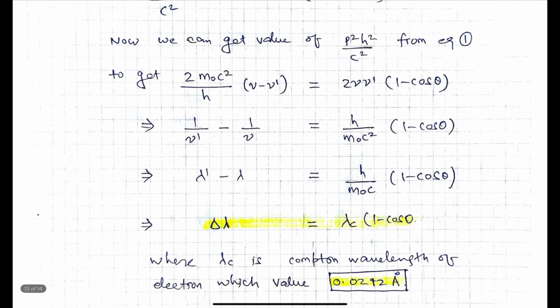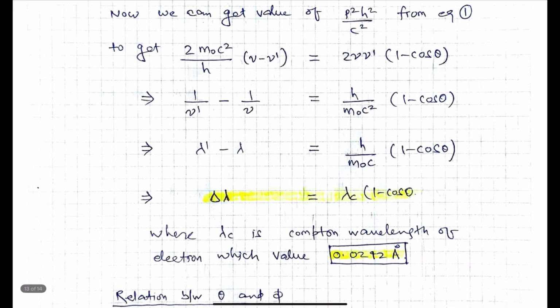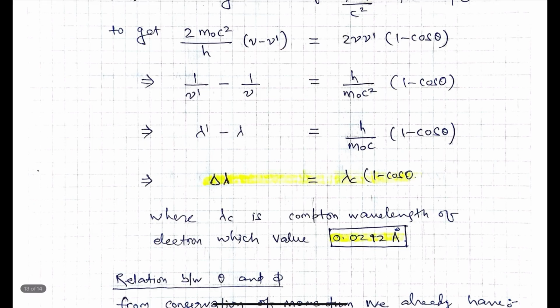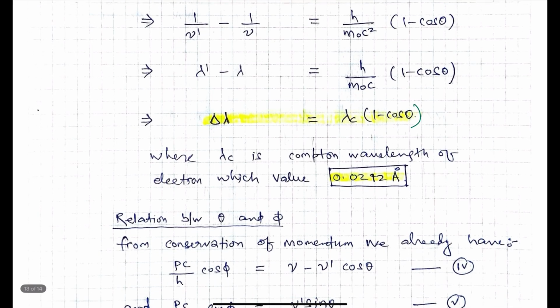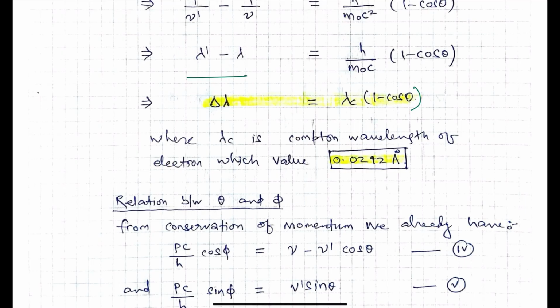Okay, because lambda is longer, so we have kept it at first, and this is what we are getting from the mathematical constants as well. So finally, lambda prime minus lambda is equal to h upon m naught c multiplied by 1 minus cos theta whole bracket. Okay. So this is the change in wavelength, which is given by lambda c multiplied by 1 minus cos theta. This lambda c we call the